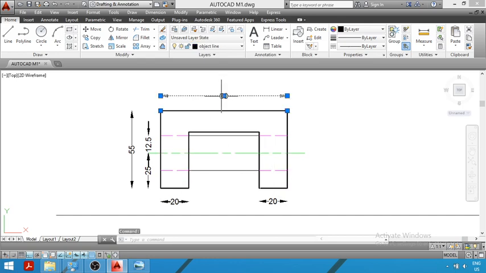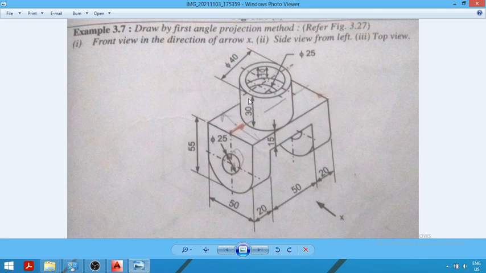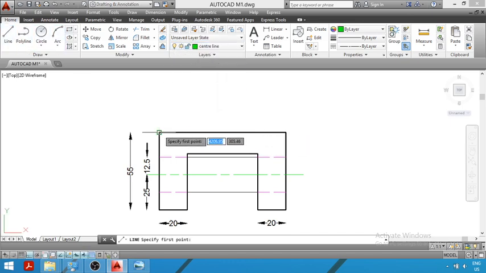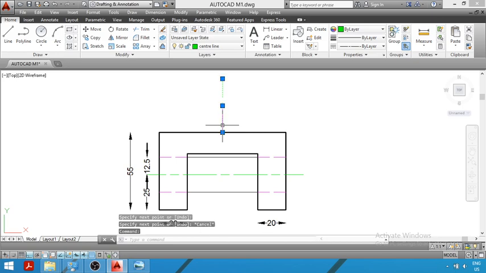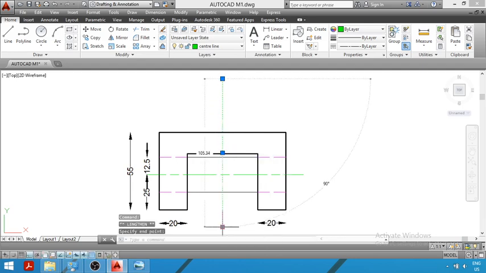Now in the next part, we will show the front view of this cylinder. You can see here a vertical cylinder is lying on the upper side, that is on this lower part. So above this lower part there is a vertical cylinder. In order to draw the front view of this vertical cylinder, first we will draw the center line of this entire object. For drawing the center line, this is the entire length, locate the midpoint. Now this is the midpoint, and from the midpoint we will draw a vertical center line. So you can see here I have drawn a center line. This is my center line of the entire object.